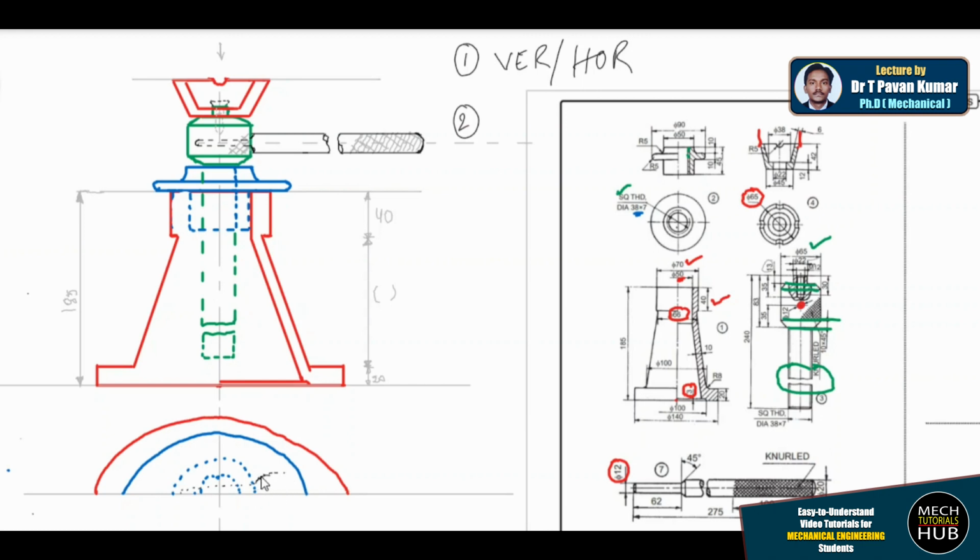dark. Whatever cut section you have shown here, the same you are supposed to show on the other side, and whatever length you maintain there, the same length you are supposed to maintain. Whatever knurling you have shown, the same knurling is visible here also. This is how you need to start the component from the bottom surface of part number 1. You have to end up with all the dimensions and part numbers.